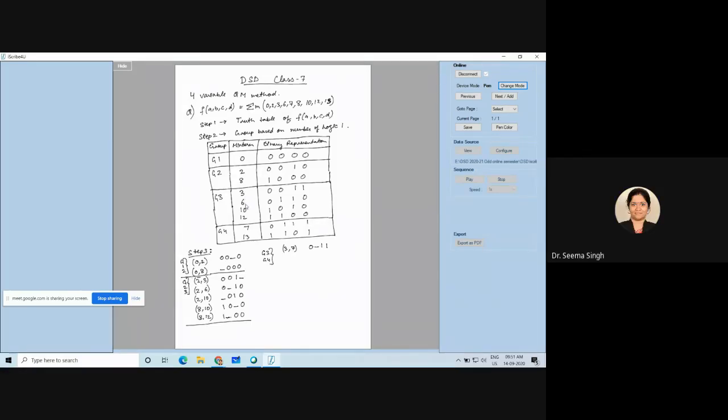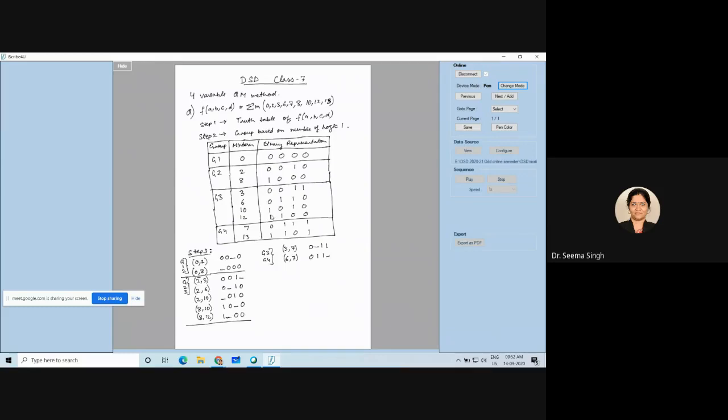Now you have to tell me, 6 to 7, 6 to 13 possible? 6 to 7 is possible. And what is 6 to 7? 0 1 1 dash. Correct. Only the last bit is changing between 6 and 7. So it is 0 1 1 dash. 6 to 13, is it possible? No, ma'am. 6 to 13 is not possible because there are 3 bit changes: first bit, third bit, fourth bit. So 6 to 13 is not possible.